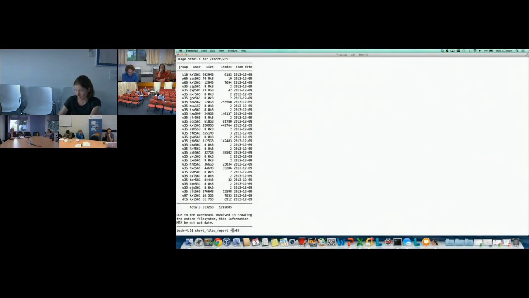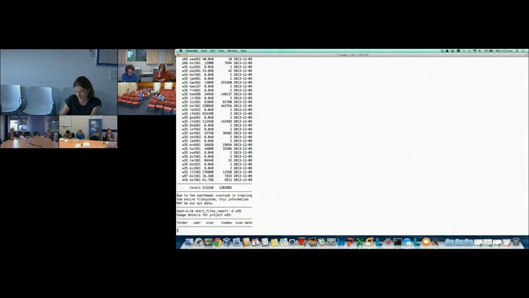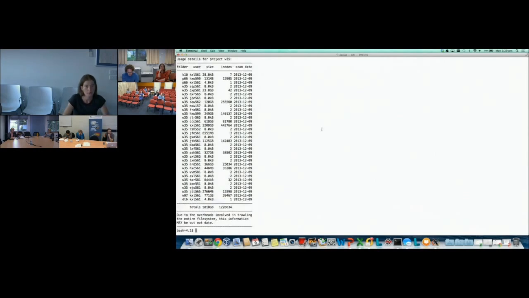-pw35 and put -g, this is actually gonna sum up not just what's under /short/w35, but anything that belongs, say, to w35, but is actually stored in short under a different group.